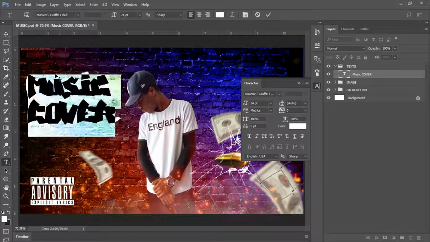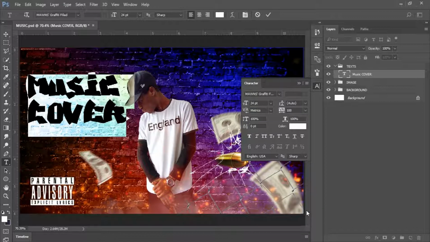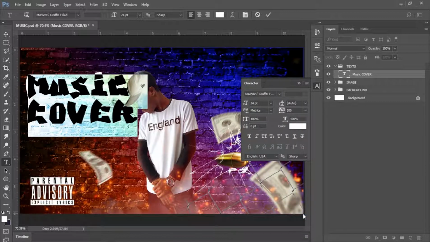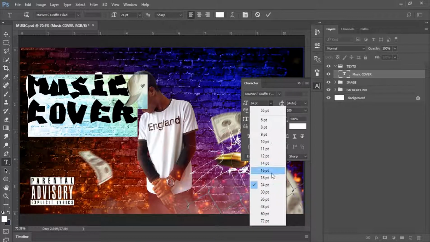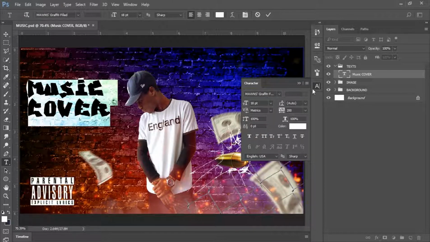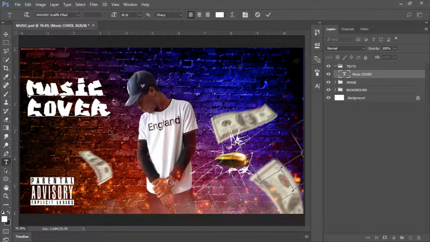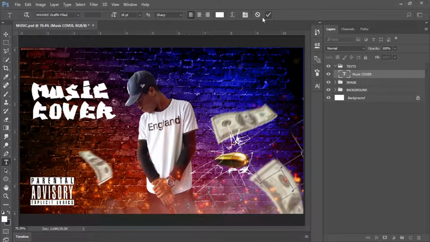So select the whole of this, then increase the distance between each letter. So probably 200. Okay, then reduce the size to about 18. So we have this. I'm not going to go in depth